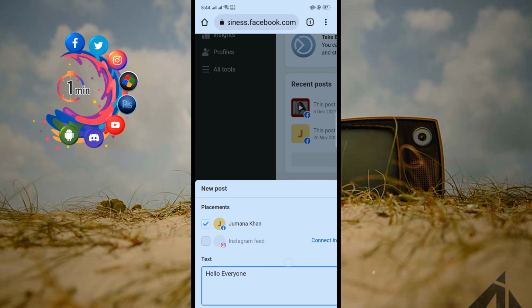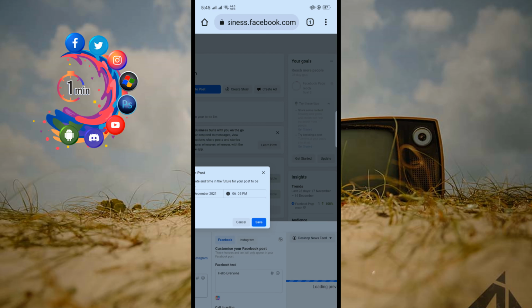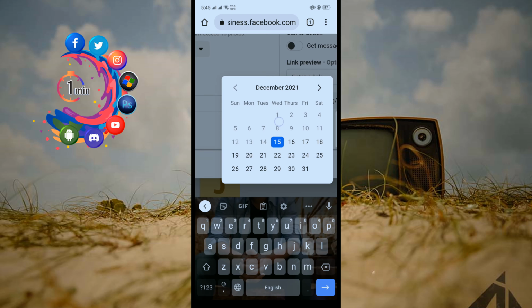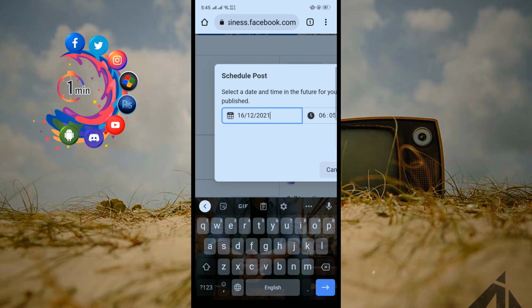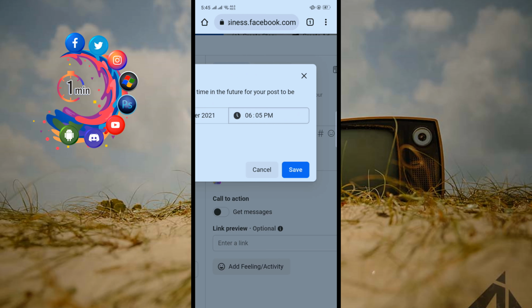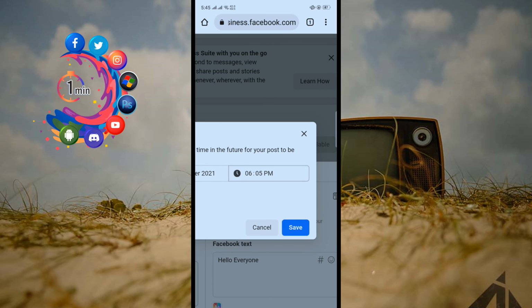everyone. And now if I want to schedule this post, click on this down arrow icon, and from here click on schedule post. And now from here you have to select the date for your scheduled post. So right now I'm selecting tomorrow. Okay, and from here you have to select the time you want to schedule the post. After that click on save,